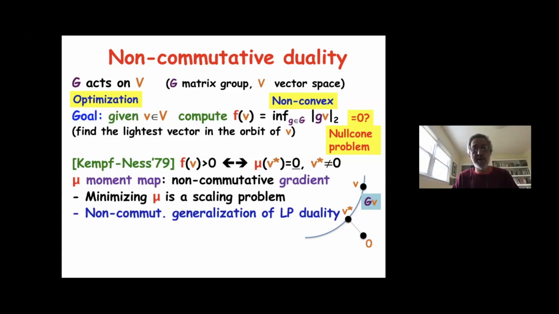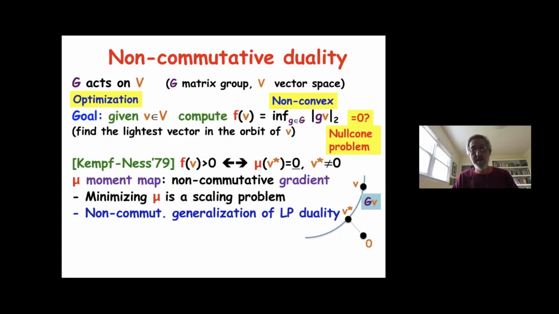Another message is that this theorem is a vast generalization of LP duality. So LP duality is a very special case of this for the case that the group G is an abelian group, basically a torus. Okay, so it's a vast generalization of LP duality. And the most important for the sequel for the next half hour